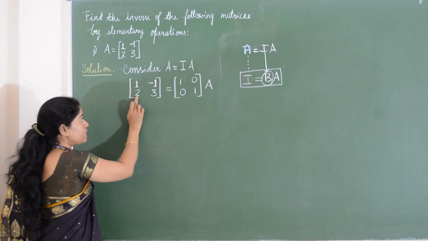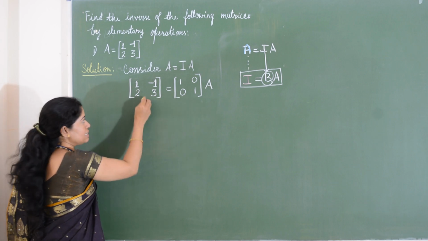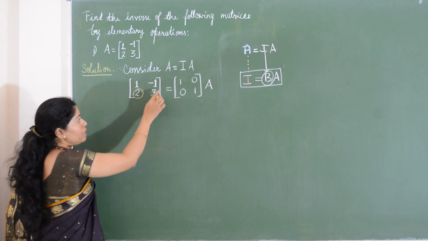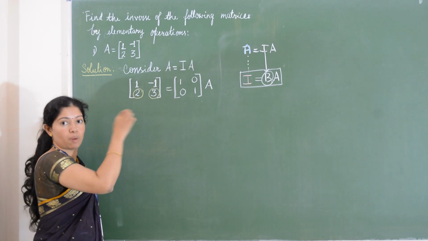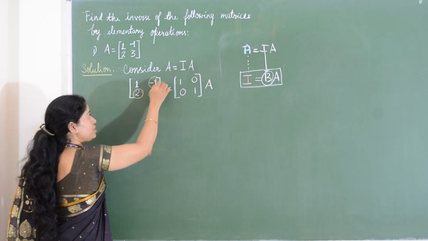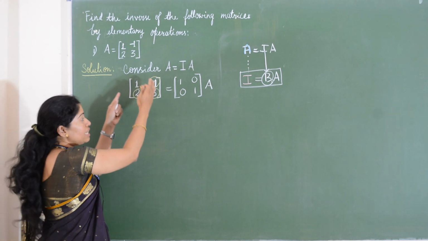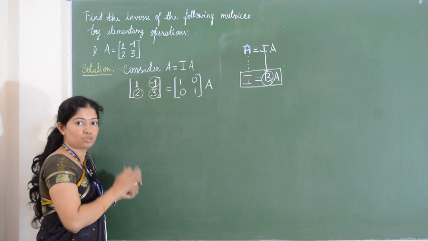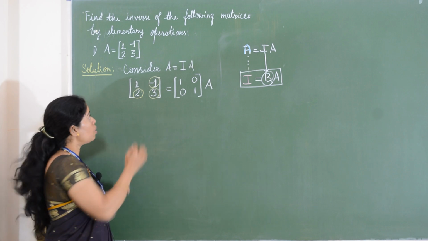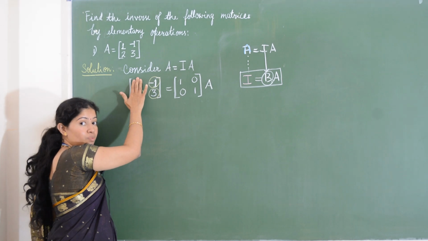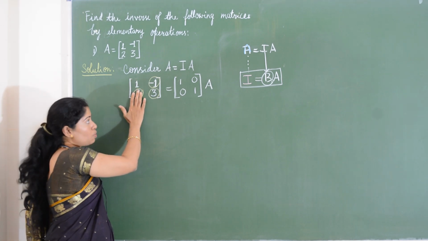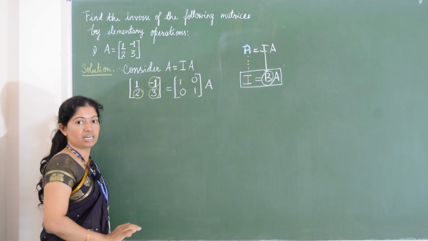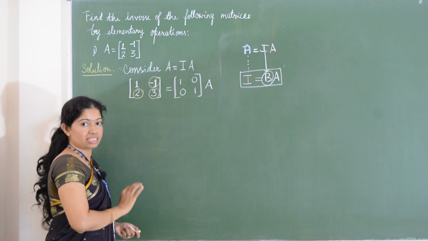Next you have to make this entry 2 as a 0. Next we will go to this one, and here we will make this number as 1. Next we will make this entry as a 0. Then this matrix A will get transformed to identity matrix. You understood the pattern? No? How we have to go? So first this entry we will make 1. Next this entry we will make a 0. Next we will make this entry as 1. Next we will make this entry as a 0. So let us do that step by step.